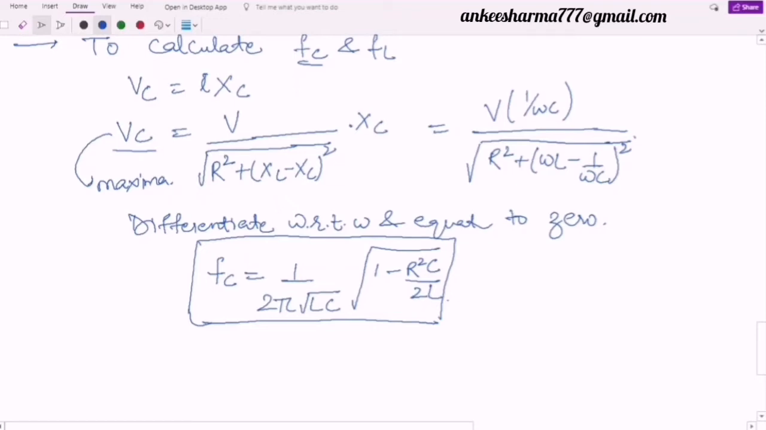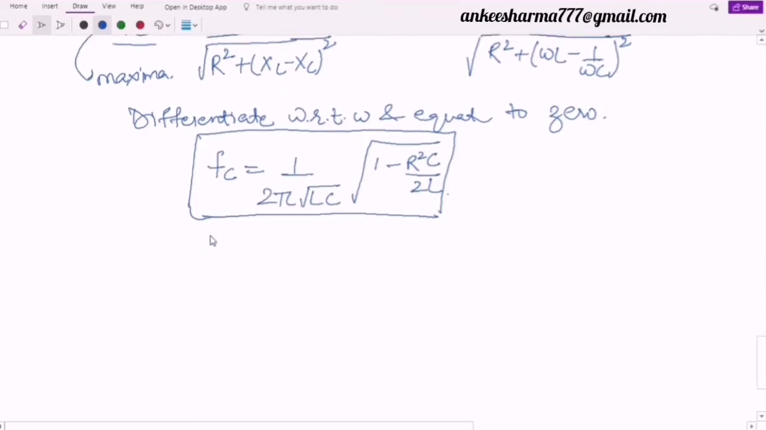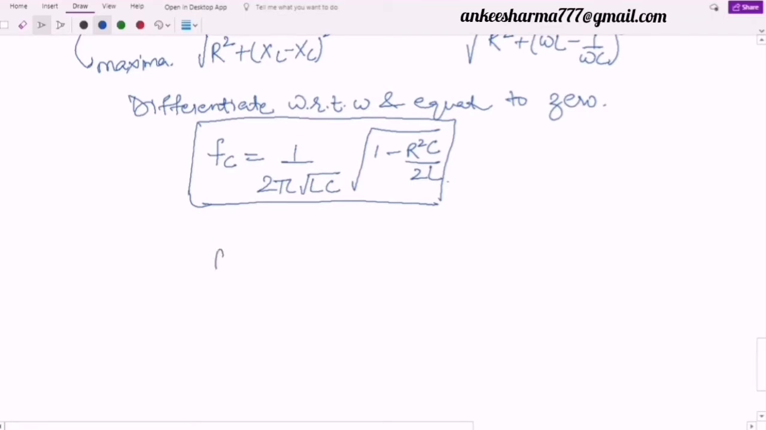Similarly, in the case of the inductor, we will do the same steps, but instead of VC, we will take VL and we will differentiate it with respect to omega and equate to 0. So over there, I will get the value of FL. It is equal to 1 by 2 pi root of LC under the root of 1 minus